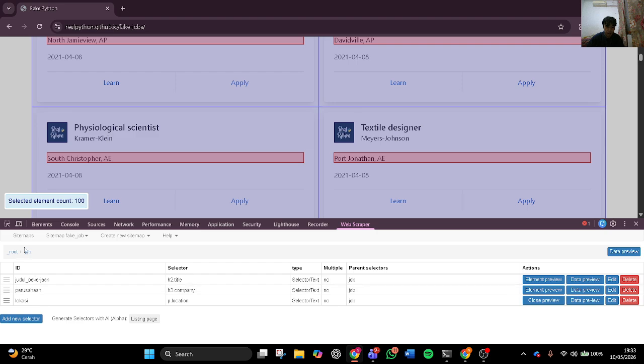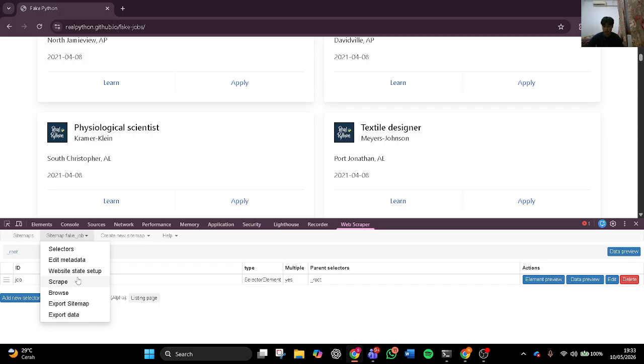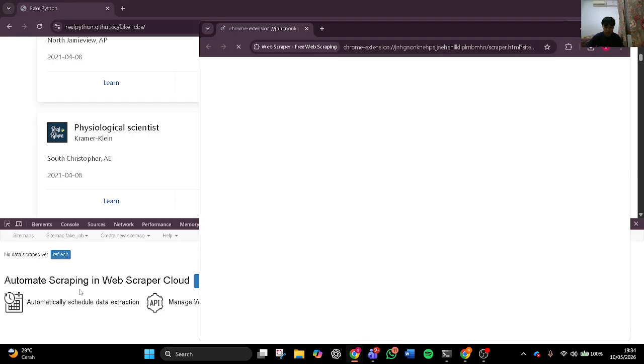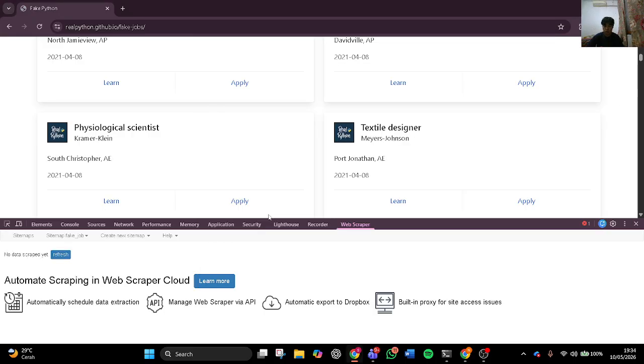And after that, click scrape. If I click the scrape button and start scraping, the extension will automatically read the HTML structure of the website and collect all of the data based on the selectors I defined.